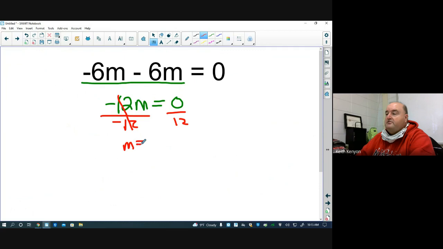And then 0 divided by, oh, oops, I missed the negative there. 0 divided by negative 12 is actually 0. So m is going to end up being 0 here. Kind of a weird looking problem. And now when I go to plug this back in,